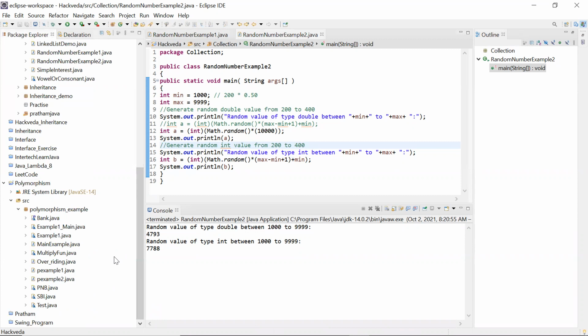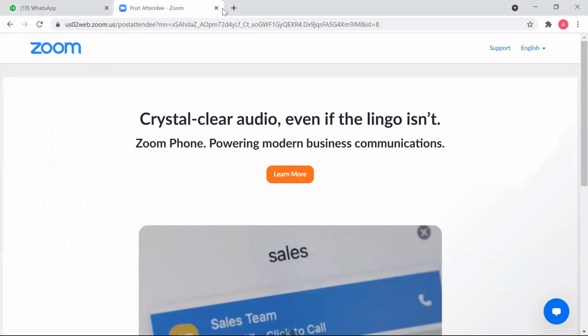In Java, somebody asked me that day what is abstraction and polymorphism. Polymorphism means you can use the same name to perform different operations. Polymorphism in Java comes as operator overloading and function overloading. Let me show you the pictures.